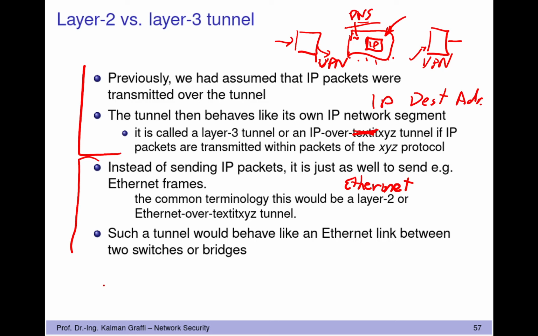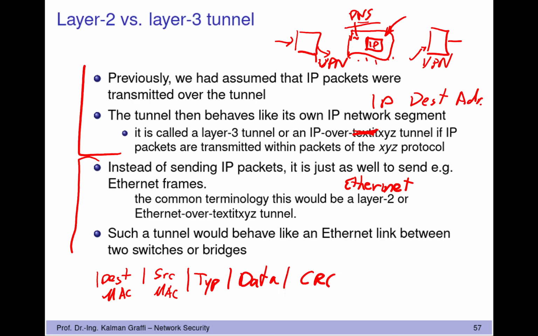It starts with the destination MAC address, the source MAC address, the type, typically telling which higher layer protocol it should be passed on to, then the data, and then the cyclic redundancy check to check for bit errors. And this you can also send